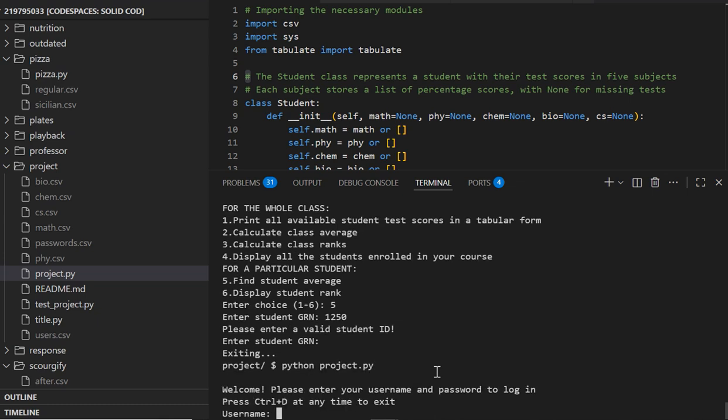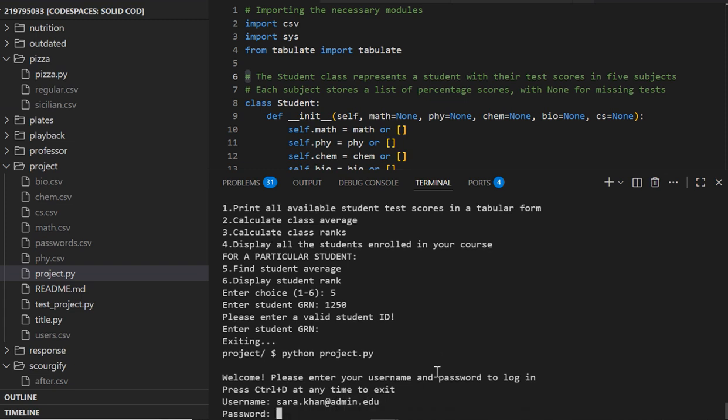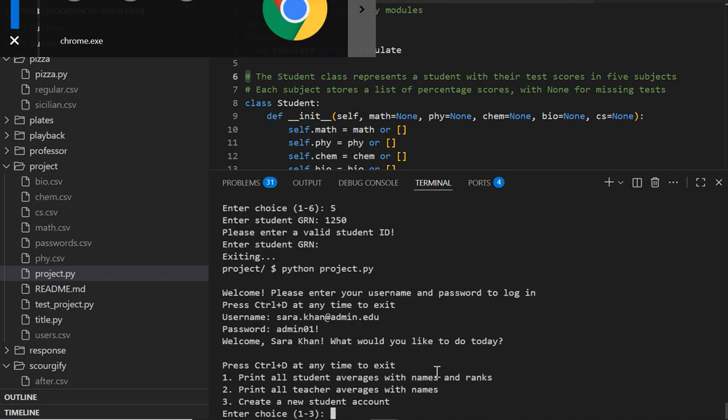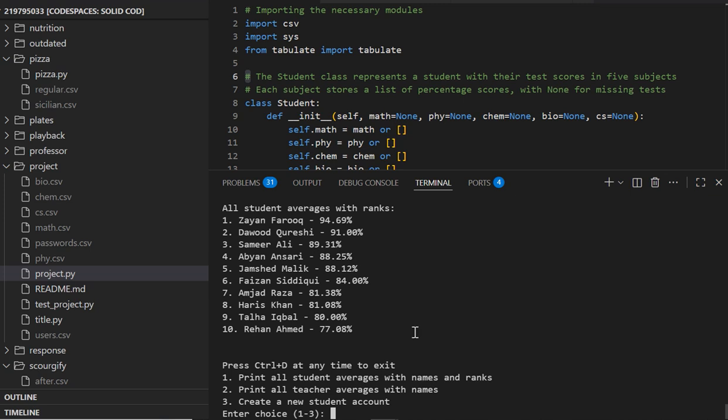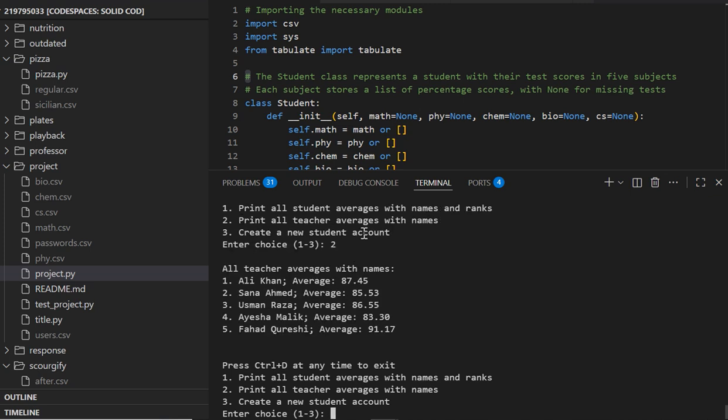Now finally, let's try logging in as an admin instead. This feels illegal. Anyways. So now the admin has three options at their disposal. One is to print all student averages with their names and ranks, so that can be done. Note that these averages are basically the overall averages instead of the ones which are calculated from any individual subject scores. To find out teacher performance, their averages can also be printed,